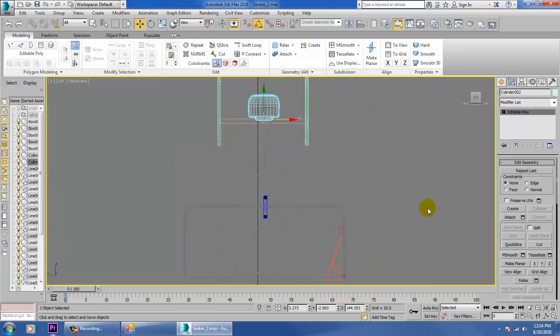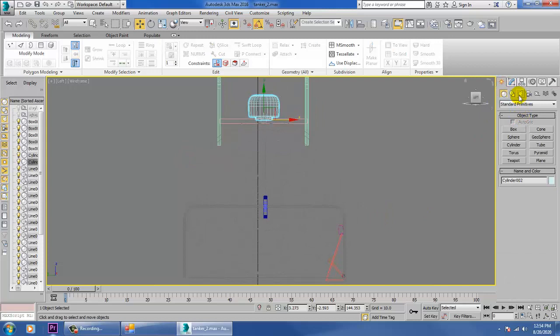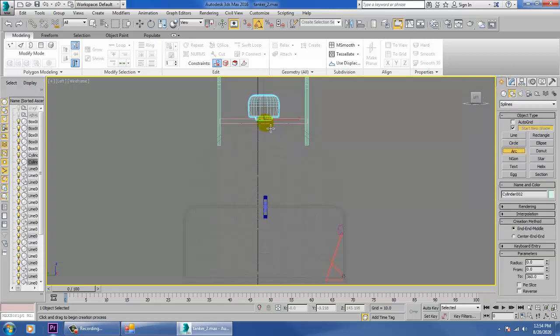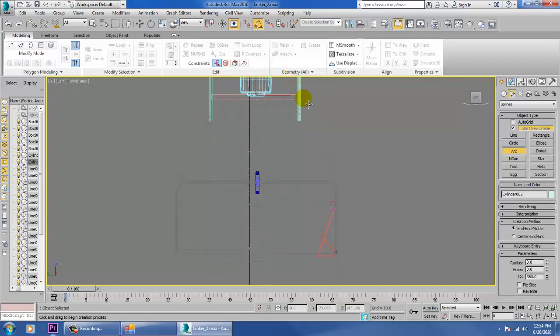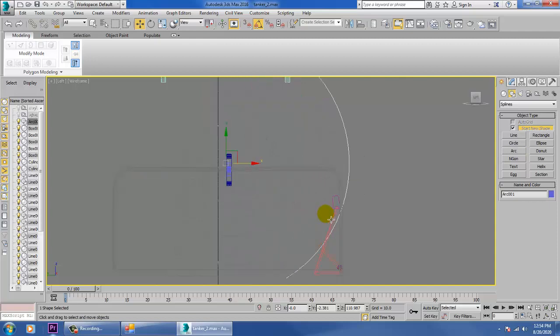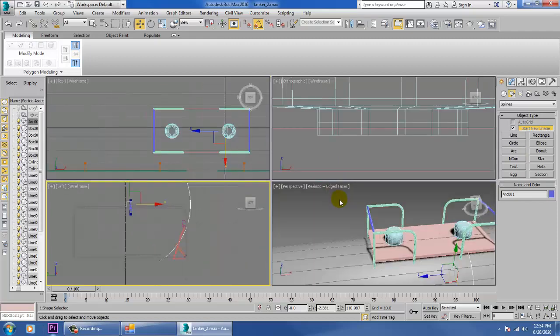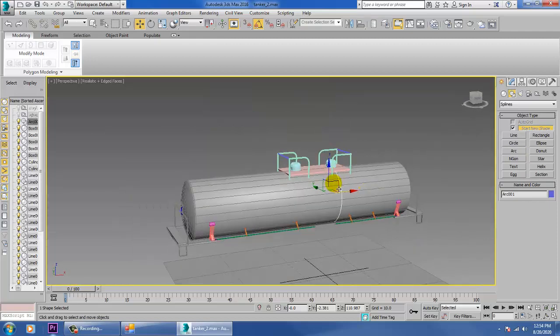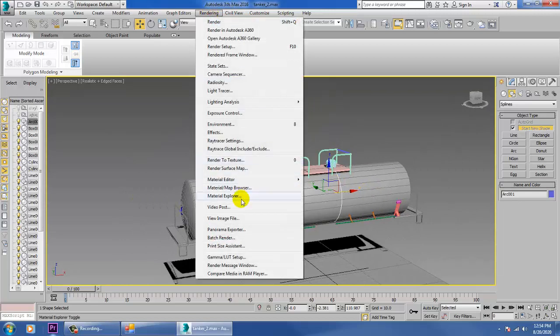So what we'll be doing over here is again, we'll be taking an arc only. That's it. So we'll be just bringing it out over here. Let's open the reference again over here.